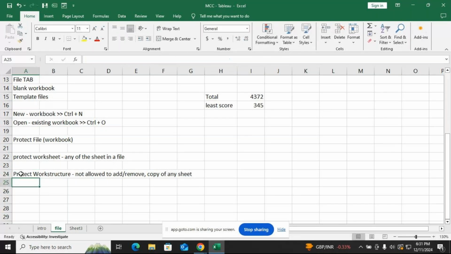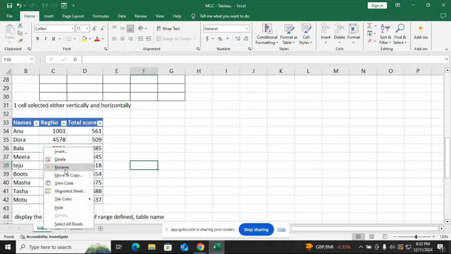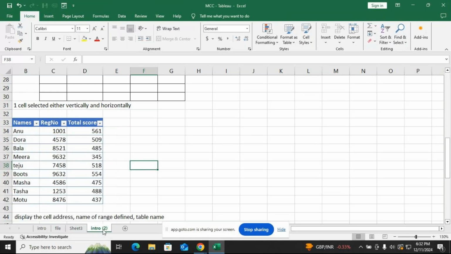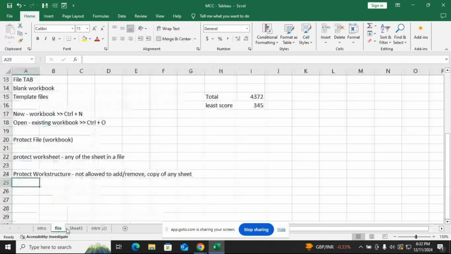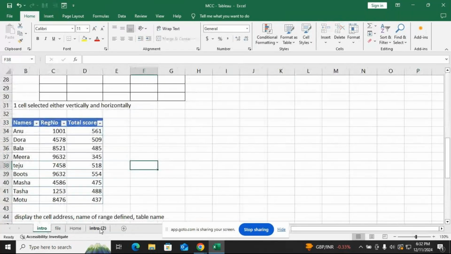So see, I have a file, I have an introduction. I can right click. I have an option here to rename. I have an option to move or copy, delete, insert. So I'll make a copy, move or copy, move to the end, create a copy. Okay, so I've got the copy created. Now I want to rename this as a home tab. Okay, home tab, this I can do, but when I'm protecting this I cannot do any of these